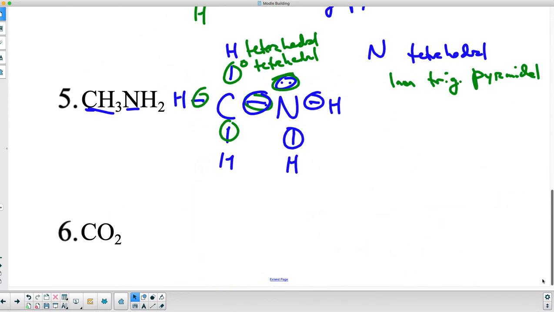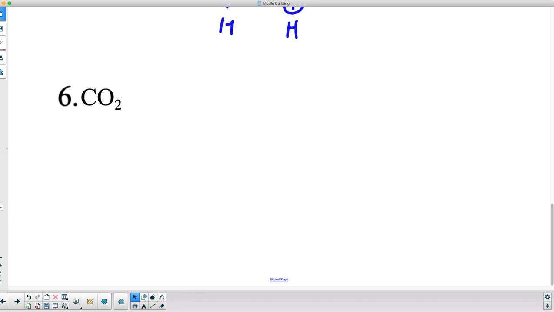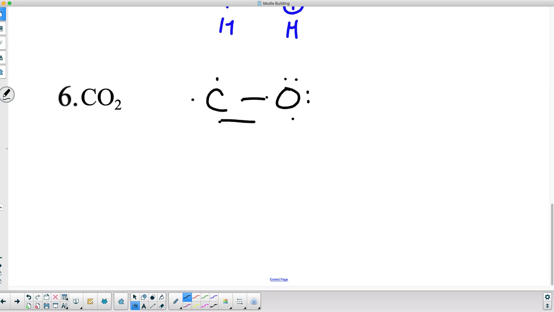Okay. Last one. This is one of the reasons why I like to do this one as an example, because this is the first time we see something other than a single bond. So this is CO2. We know that carbon is going to be our central atom because carbon is often our central atom, like that. I have an oxygen here. I set this up specifically like this so you can see the first bond like that, and then there's a second bond that happens there. I set up the other oxygen to be like this so you can see the first bond there and the second bond there. And what ends up happening is